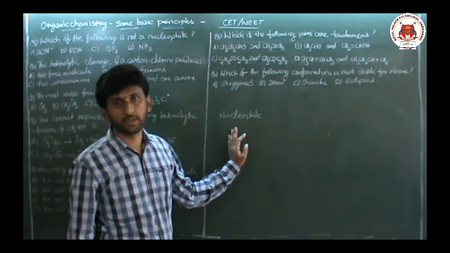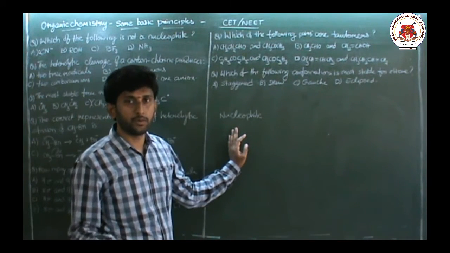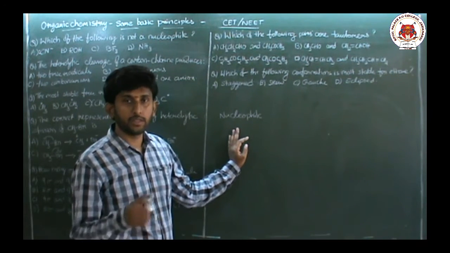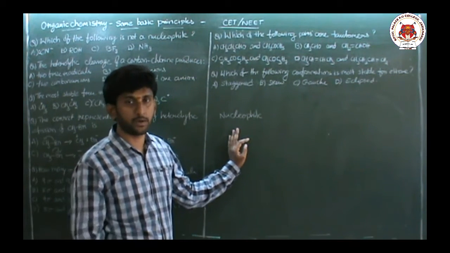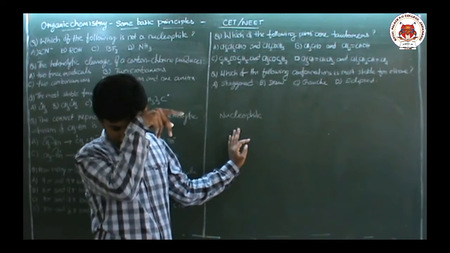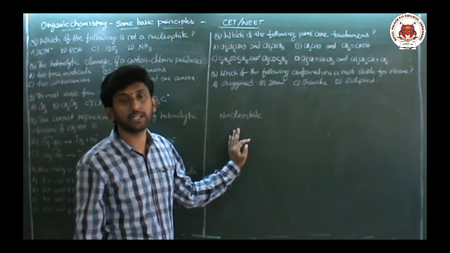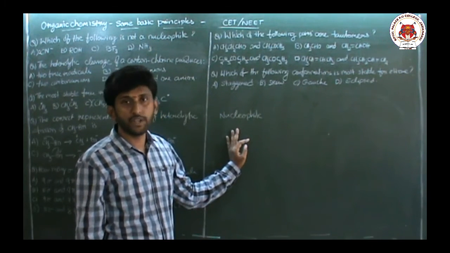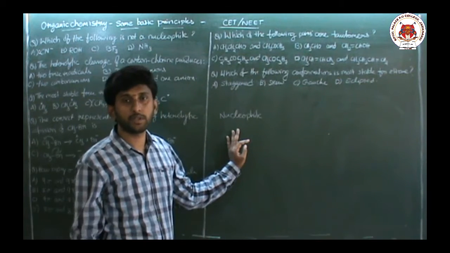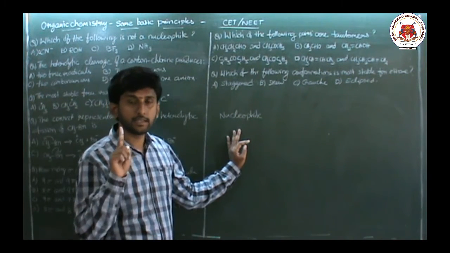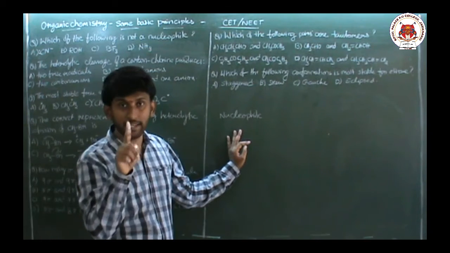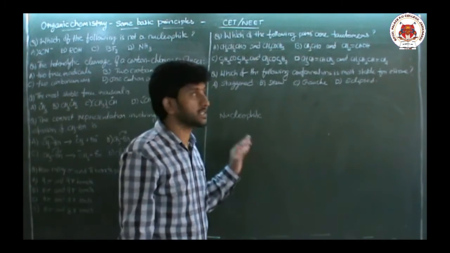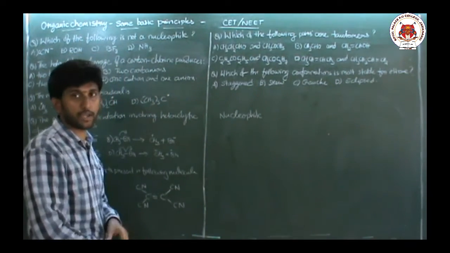Electrophile means the atom or molecule which carries positive charge, or they must be electron deficient compounds. They must contain empty orbitals, electron deficient, incomplete octet. Okay, those are called electrophiles. Free radicals means the atoms or molecules that contain only a single electron or unpaired electron on them are called free radicals. Now in the given question they are asking which one is not a nucleophile.